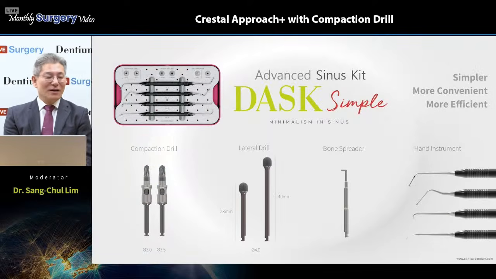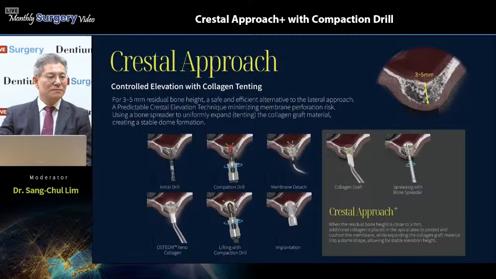Okay, let me introduce this advanced sinus kit, DASK Simple. DASK Simple consists of 2 compaction drills and 2 lateral drills and bone spreader and hand instrument. The compaction drill has 2 different diameters, 3.0 and 3.5. The lateral drills have a different shank length. Okay, the crestal drill, as you know, using this DASK Simple kit,